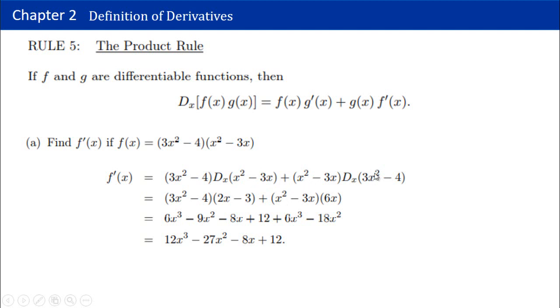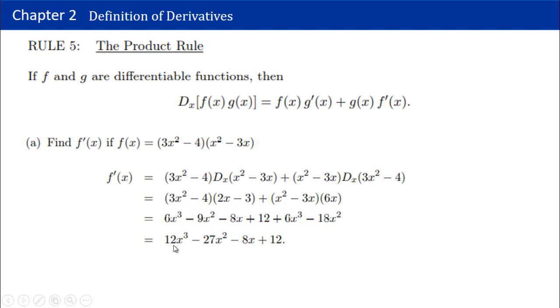Copy, then the derivative of this is 6x because 2 times 3 is 6. Then, x to the power of 1. Minus, the derivative of any constant is 0. So, we've got 6x. So, we have to multiply now. We have 6x cubed minus 9x squared minus 8x plus 12, and you've got 6x cubed minus 18x squared, and